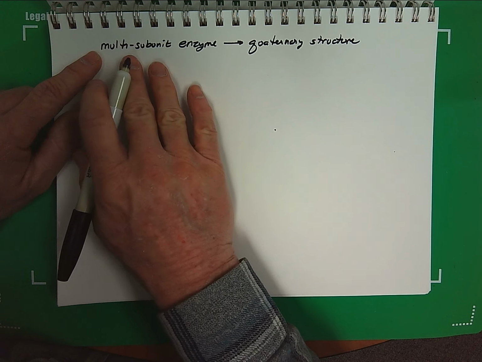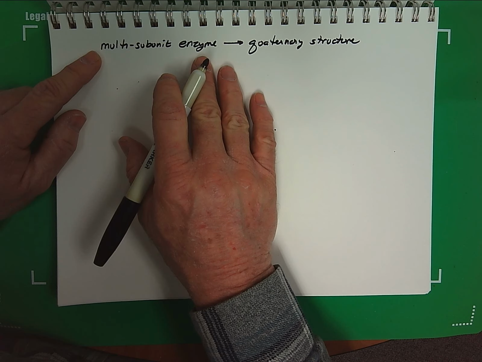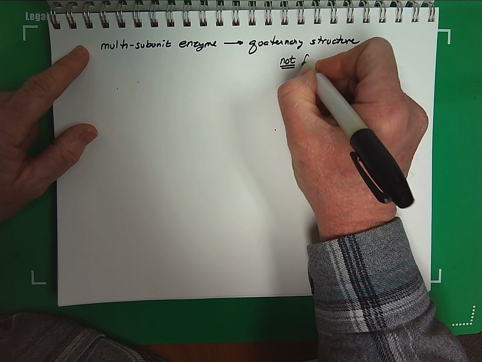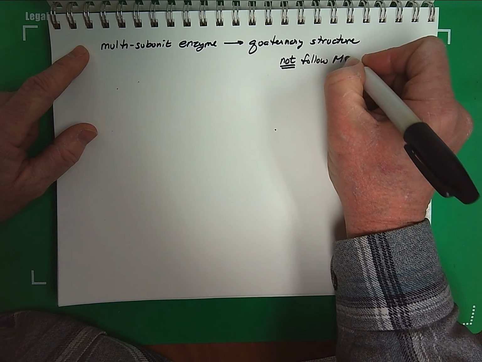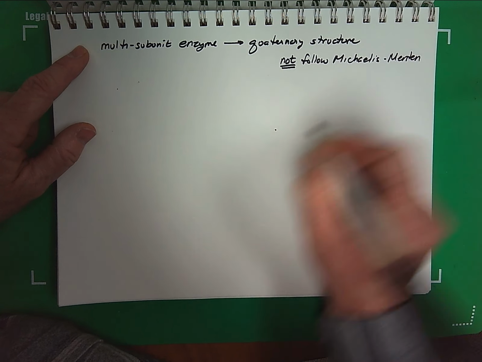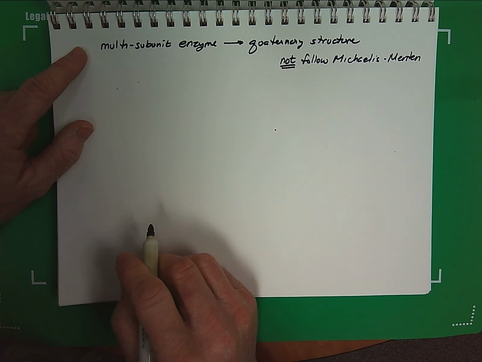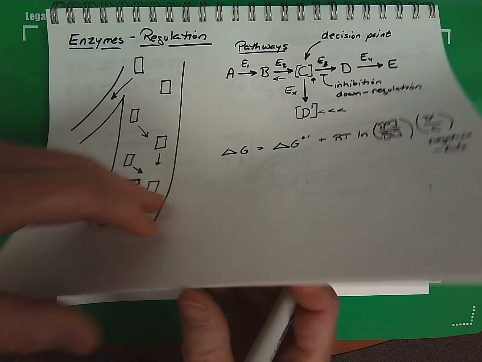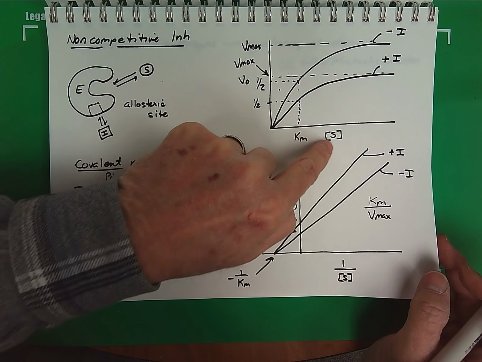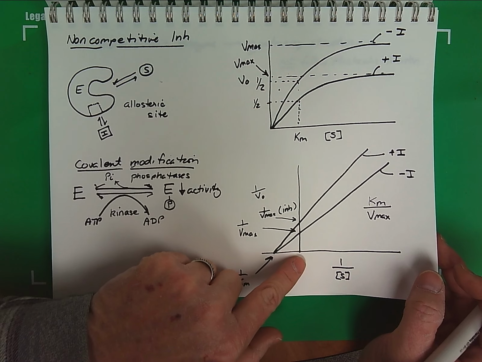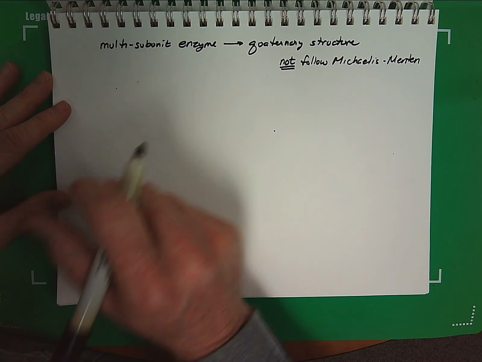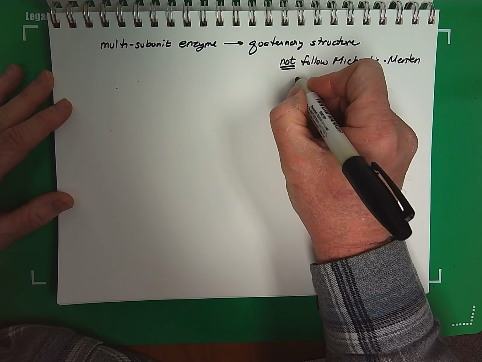Now, because of the multi-subunit nature, this does not follow Michaelis-Menten kinetics. So everything that we've looked at in our previous graphs, with our graphs of velocity and substrate concentration, and then doing our transformation into Lineweaver-Burk, none of this applies on a multi-subunit enzyme. And the reason for that is